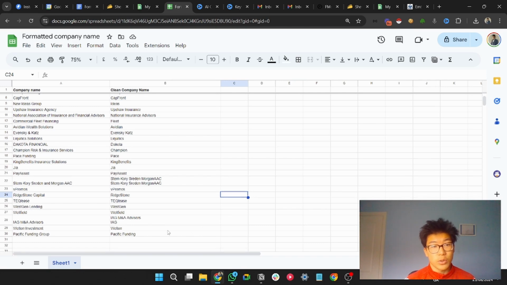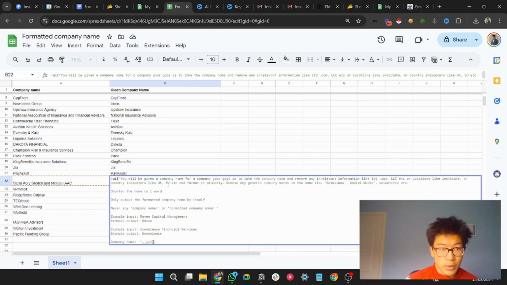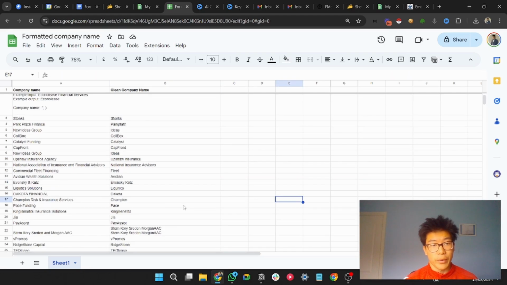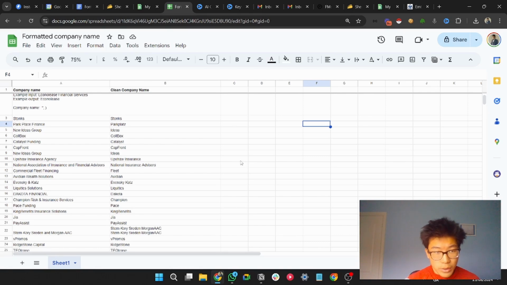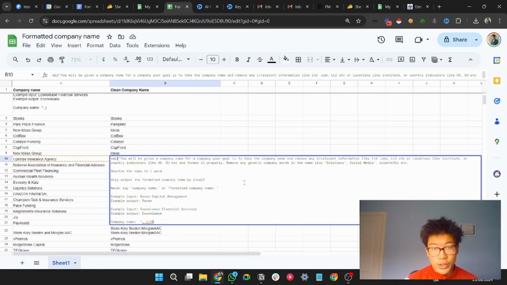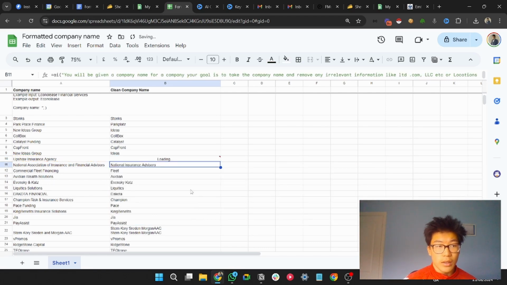But as you can see, there's also a few outputs that don't fit the criteria. Like this is doubled up a bit. So this is the problem with GPT 3.5, or like national insurance advisors. It's very difficult to do that, or offshore insurance. So in this situation, what you want to do is come in and go comma. So if you do a small list, INS, insurance. And it should remove the offshore.